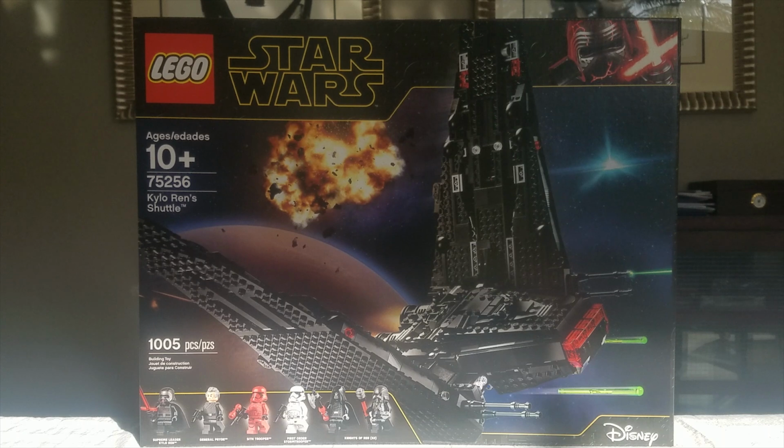For my first video of 2020, I'll be reviewing another Lego set that I got from Christmas last year. And this one should be pretty exciting. This is the Lego Star Wars The Rise of Skywalker set 75256, Kylo Ren's Shuttle. It has 1,005 pieces and was released in October 2019, and you can still buy it